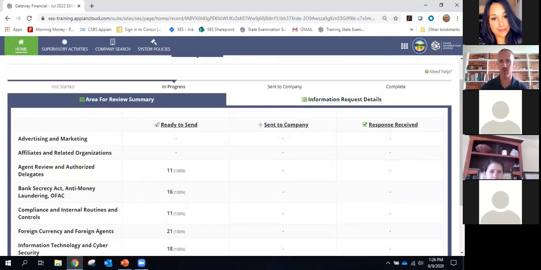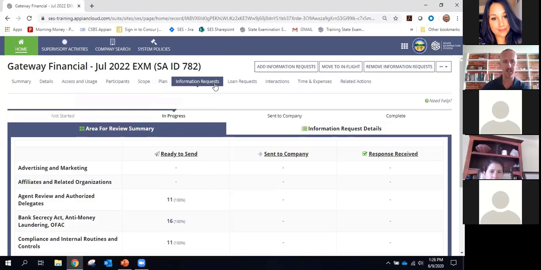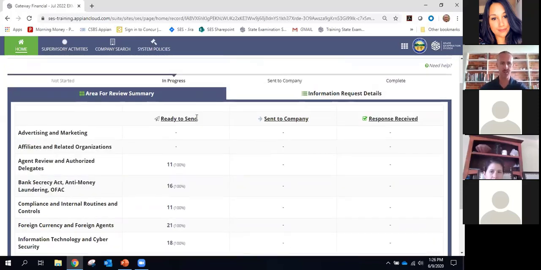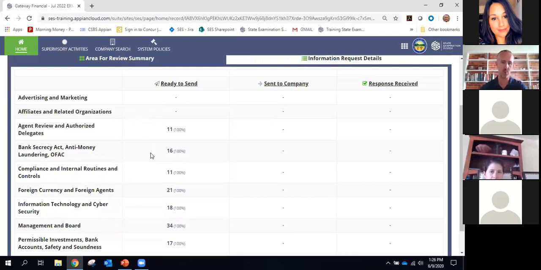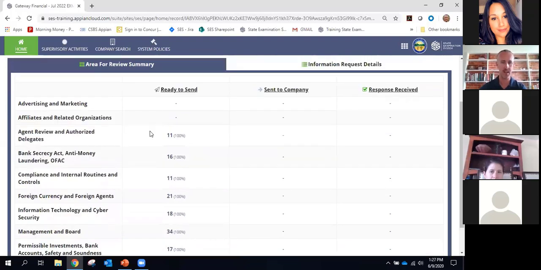So for those who are new and maybe don't have a lot of familiarity with the layout of SES, I got here by clicking this information request tab, and this home screen shows you, in a roll-up view, all the information requests that are now part of your list that you're going to send to the company in advance of this exam. So this is your new request list, and I think this is a good change management moment. Whereas before you probably had a request list with a large piece of paper or a 10-page PDF document listing out the 100 questions you were asking a company in advance of an exam, that's gone away. Those questions are now here in SES, and they've been pulled onto your exam with a few clicks.